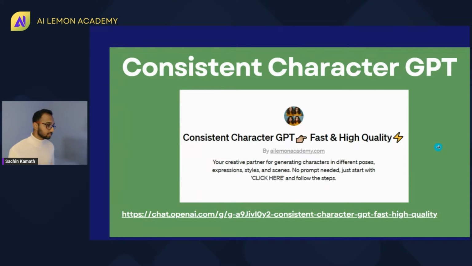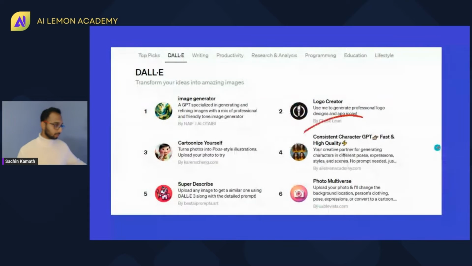All right, so this GPT, what can you really do with it? You'll find it in the DALL-E GPT store. We will run through a short demo. If you're aware of the GPT store, you will find a couple of other ways to use ChatGPT. These are bots which are designed to complete a specific task based on specific instructions. As you see over here, it's in the top 4 right now, trending, and I'm super grateful for that. A lot of people have used this, and it has almost 70,000 plus runs right now.